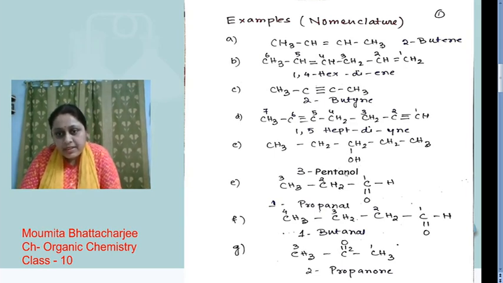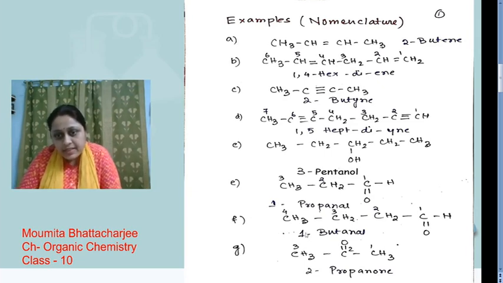Next one we have CH3CH2CHO. CHO means you can see over here: C, double bond O, single bond, satisfying 4 bonds of the carbon atom. We will start counting from this carbon as we are having the functional group nearer. This functional group is known as aldehyde. For aldehyde we will add al, and the main chain contains 1, 2, 3 carbons, that's why prop. So propanal will be the name, 1-propanal.